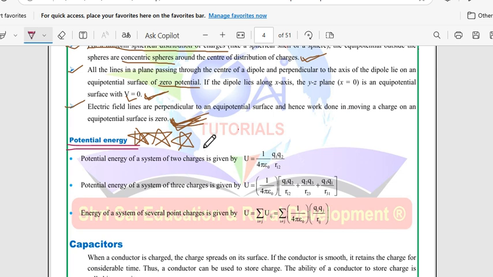What do you mean by potential energy? The word itself indicates the amount of work done in bringing the